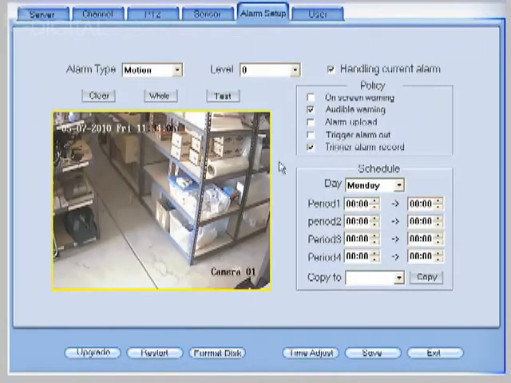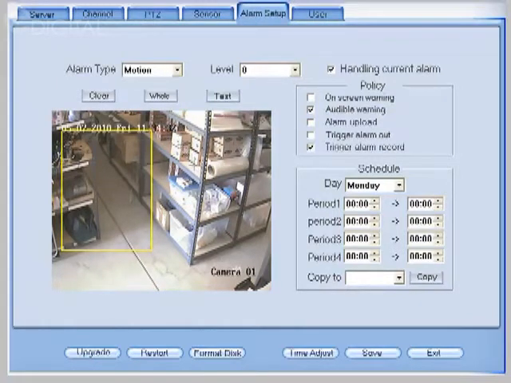The next tab is alarm setup. Most users are going to use this tab to set up motion detection. In the drop down here, you can choose signal or alarm. For motion, you can choose motion in the drop down box, and then you can go here to the video feed and draw a box to represent the areas that you want the system to be sensitive to